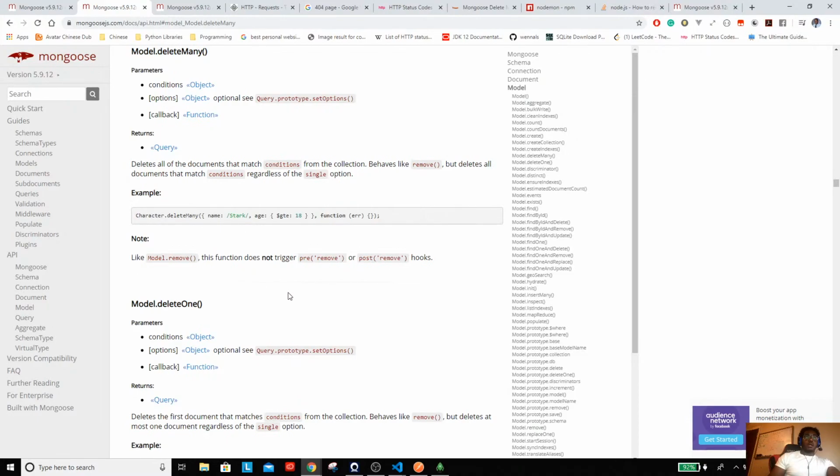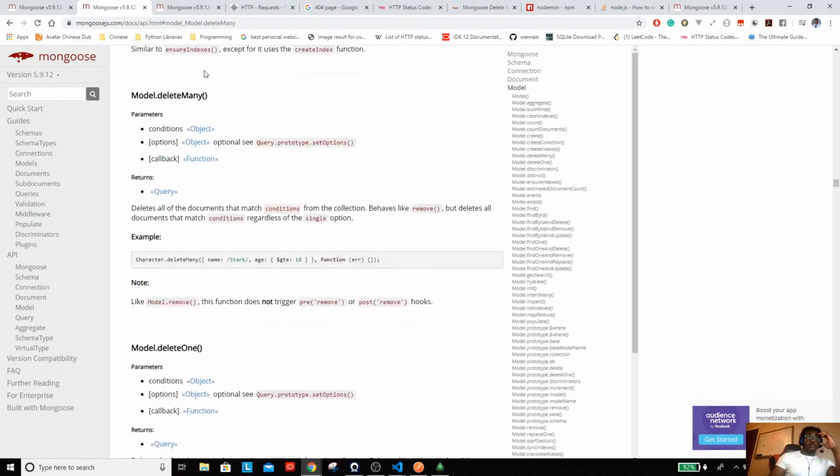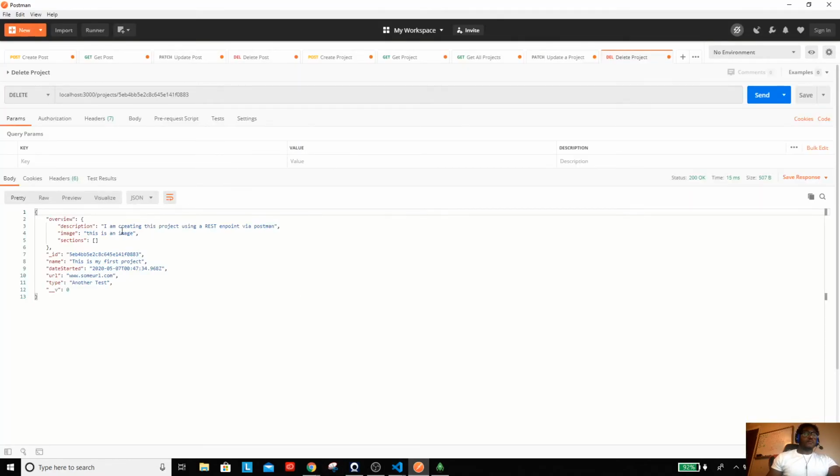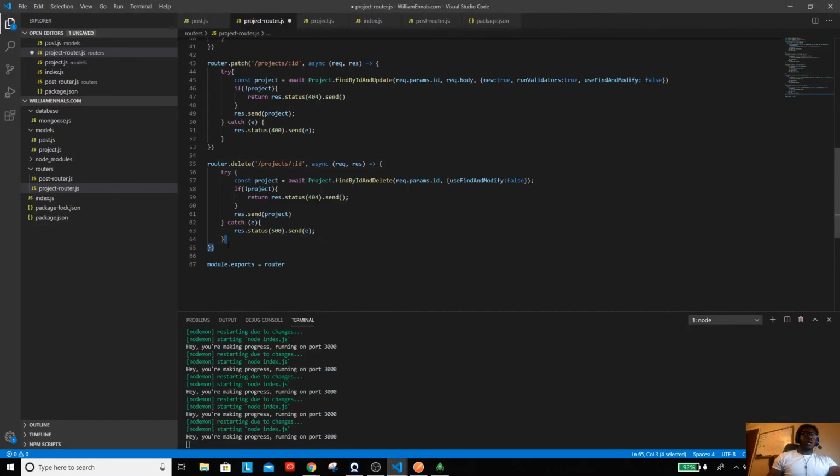I'm trying to think about this logically. The object is conditions. So can we do the conditions as an array? I'm already thinking here. Let's try this. Where are we? Let's go ahead and do router dot delete, and then we're gonna say slash projects slash